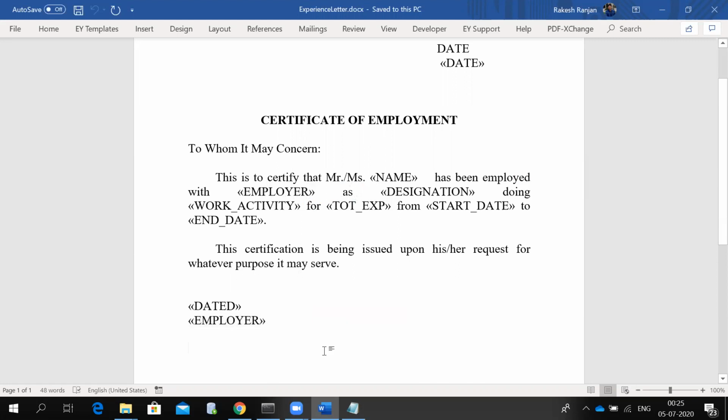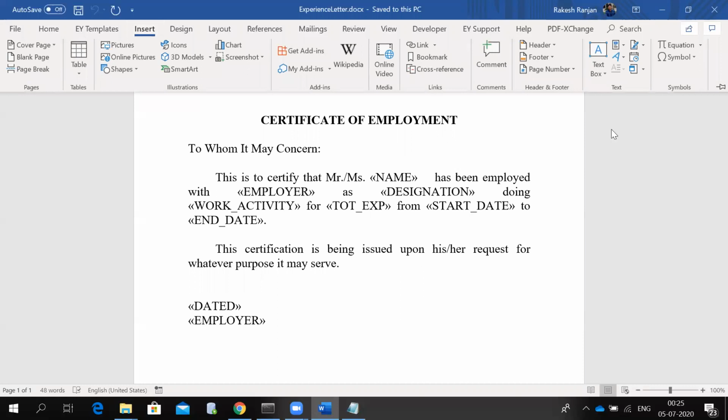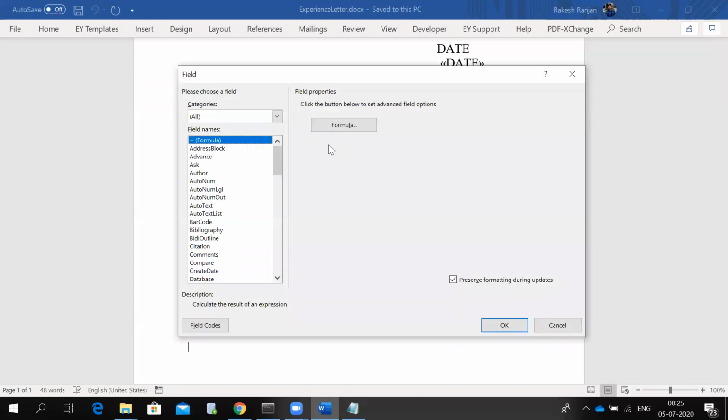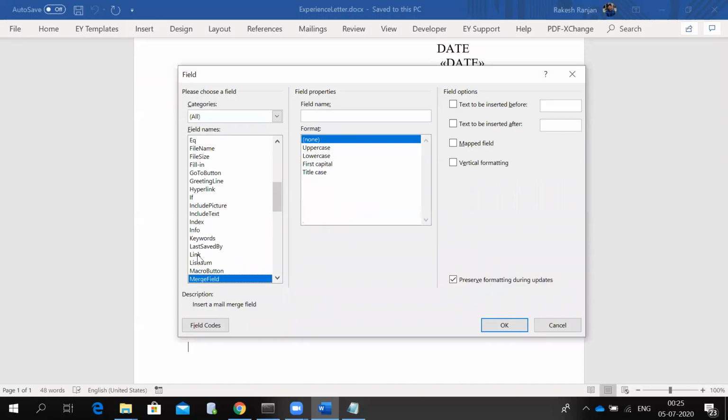Next step, I'll let you know how to add a tag in a Microsoft Word document. What you have to do is click on Insert, then click on Quick Parts, then Field, then search for Merge Field, then provide a name to the attribute field name.